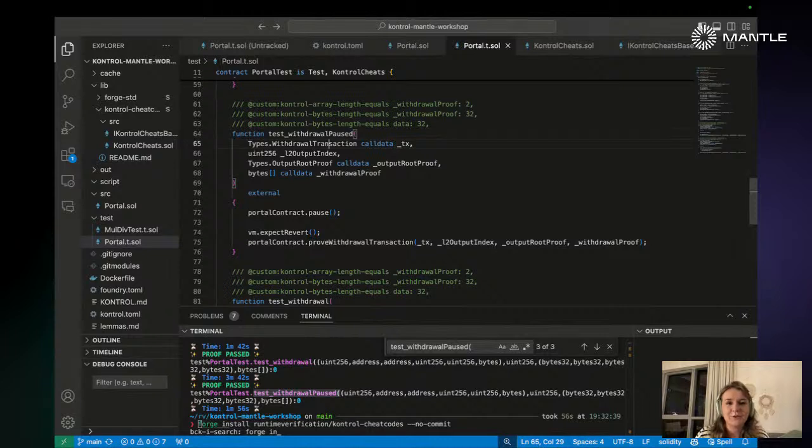We have a way to deal with that and even perform unbounded verification where we don't have to limit the lengths. But also one thing that we have implemented to just make it easier is these NatSpec comments. They're Kontrol specific. What they let us do is specify the lengths of all these arrays and byte arrays. The reason why we need this is that we cannot really use vm.assume to make some assumptions about their sizes,